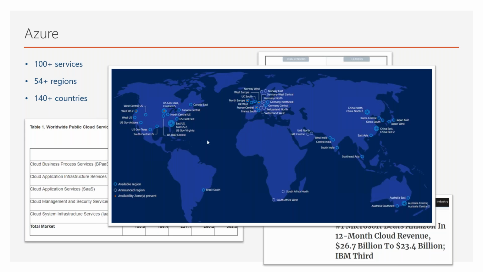There are lots of data centers or lots of regions in the US. Then we have them in India, then in Korea, China, and in Europe, a lot of data centers are there. And then you have them in Australia, in South Africa, and there is one more in the Africa region that has come up recently. So you can see across different regions, you can go ahead and do your deployments. Okay, so that's all about the introduction of Azure.